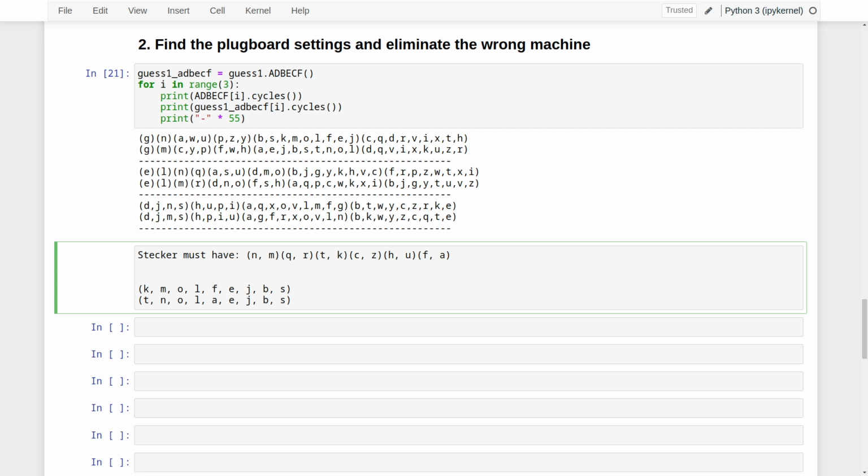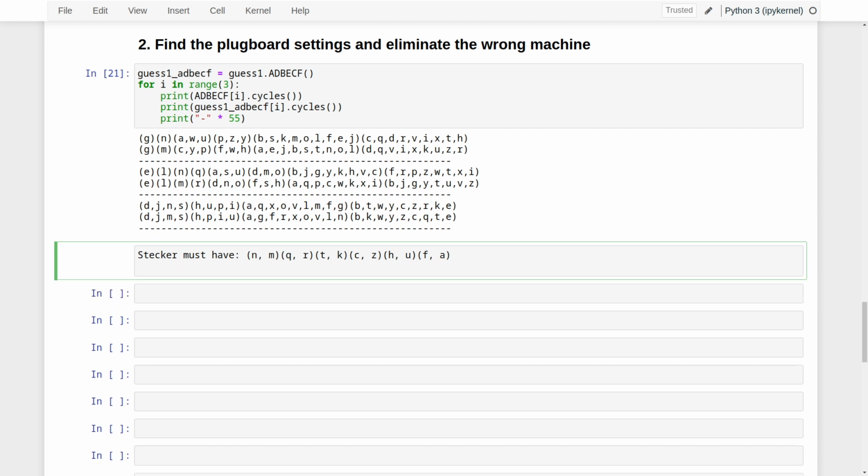All right, so now we've got six stecker pairs here. That might well be enough, so let's go through the other permutations and check. Because we now know that those stecker pairs are guaranteed to conjugate the two ADs to one another. Let's have a go at the